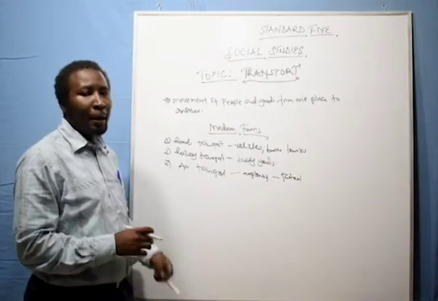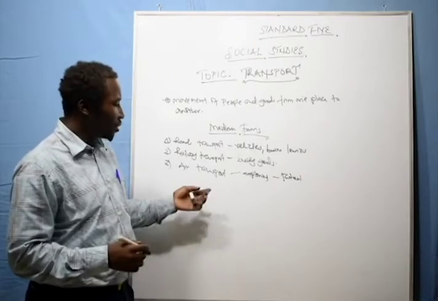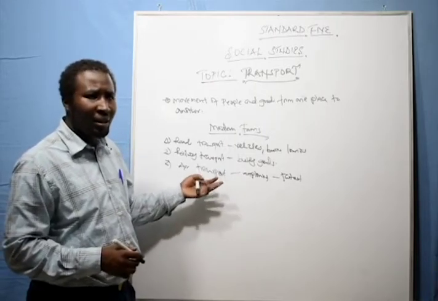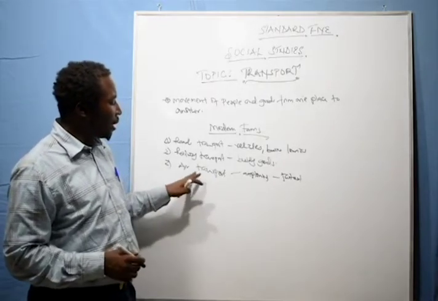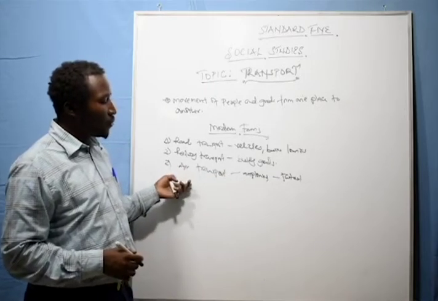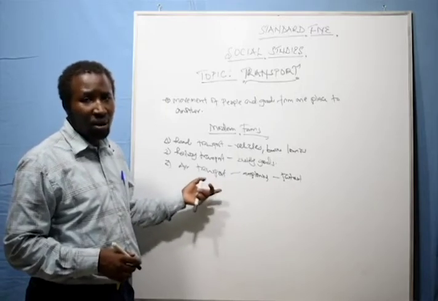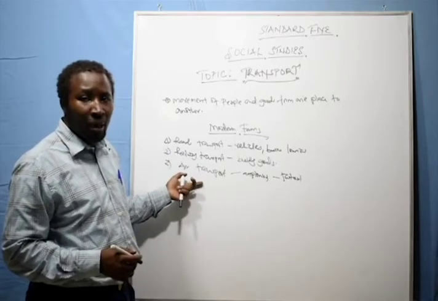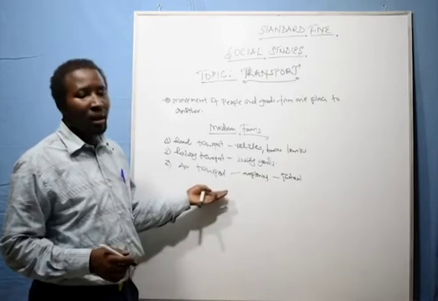Used in transporting perishable goods, such as vegetables that could perish very quickly. Very valuable goods, gold, valuable items, diamonds, okay? So air transport, very safe. Actually, I wouldn't say very safe, but I would talk about it in terms of convenience. Being the fastest means of transport, through air we have the aeroplanes. We have our biggest airport, Jomo Kenyatta International Airport, which receives some of the largest aeroplanes landing in our country.